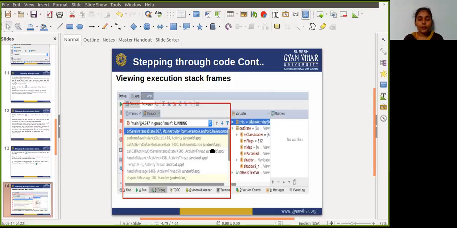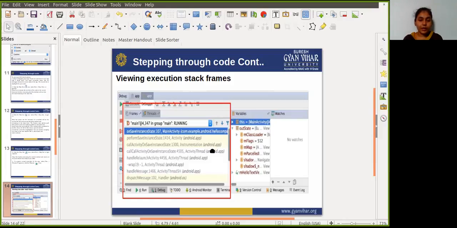A variable that holds an object or collection such as an array can be expanded to view its other components. The variables pane also allows you to evaluate expressions on the fly using static methods and or variable methods.